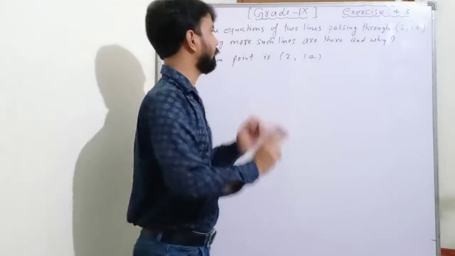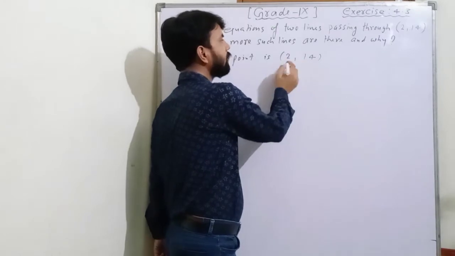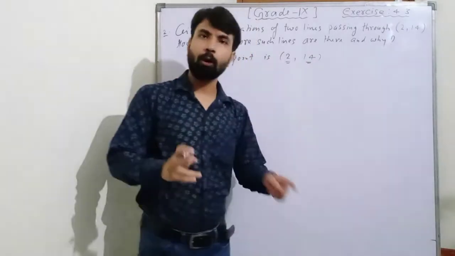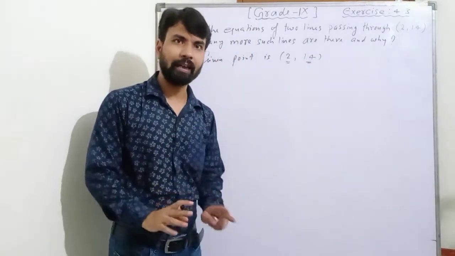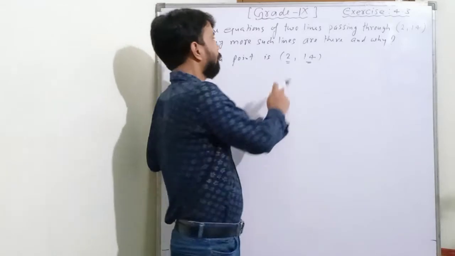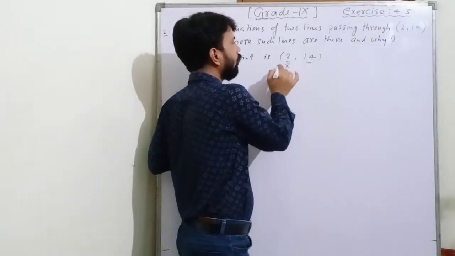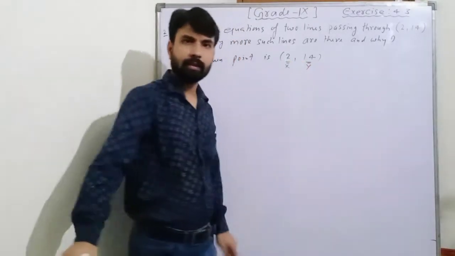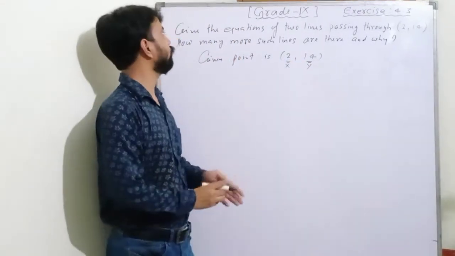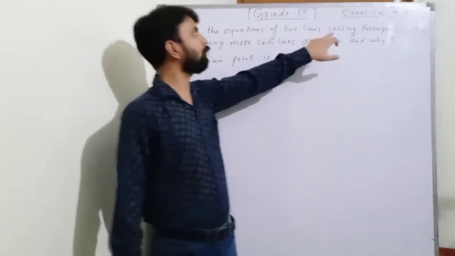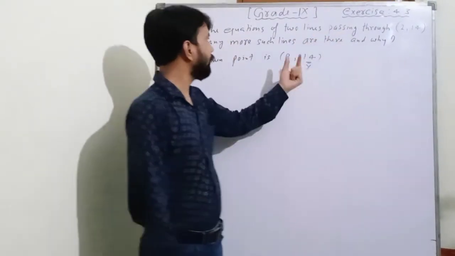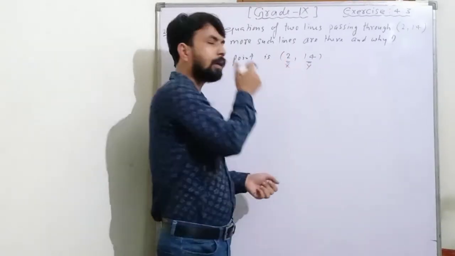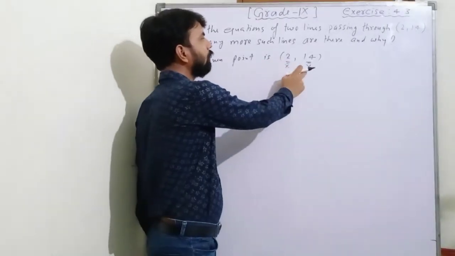Clear? Now see, you know that in coordinates the very first point is known as abscissa and the second point is known as ordinate. You know this? I have explained in coordinate geometry. Great. Beta, abscissa means the point on x-axis and ordinate means the point on y-axis. Clear? So we have to write 2 linear equations in 2 variables which pass through the given point, this point. तो बेटा हमें क्या करना है, ये point x है और ये y है.